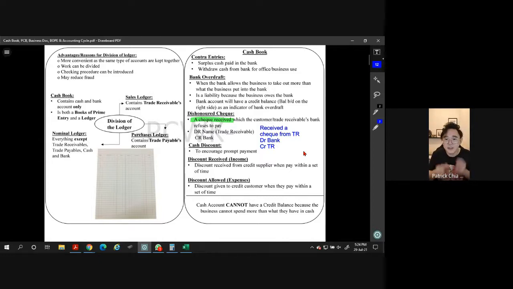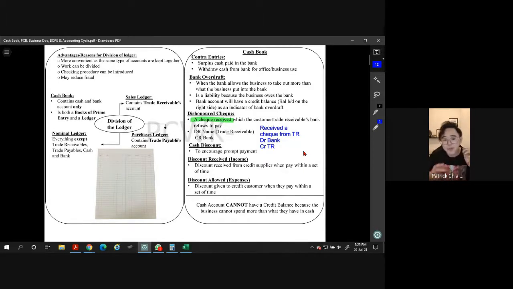But the thing is, when we receive a check, we're not going to immediately go to the bank and deposit it. Can you imagine you get one check and now you must drive all the way to the bank? No, right? So what will a business do? Normally they will wait and collect all the checks first. Once they have collected everything, they go and do it in one shot.